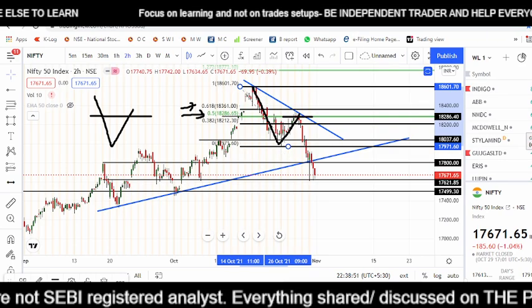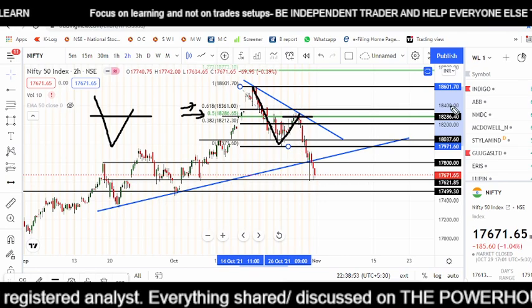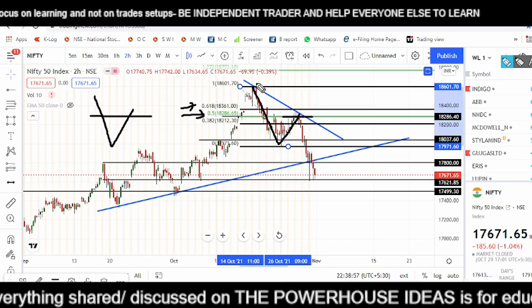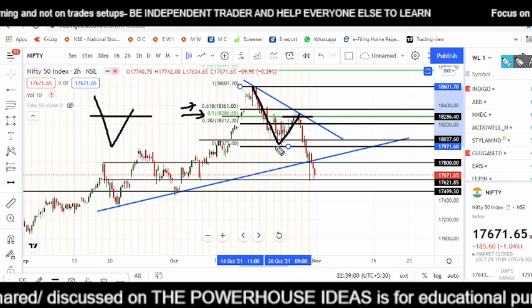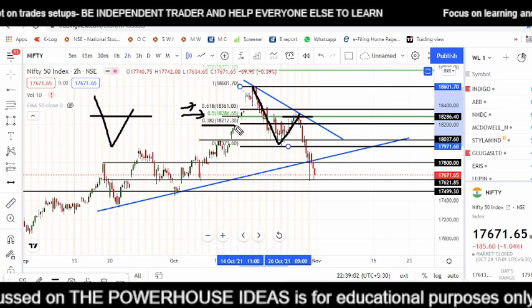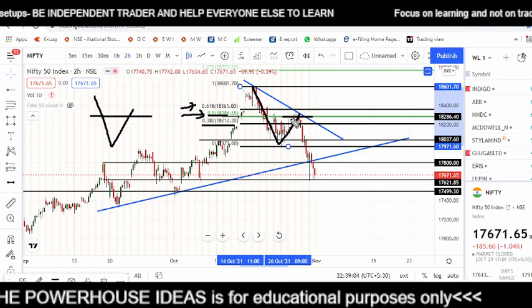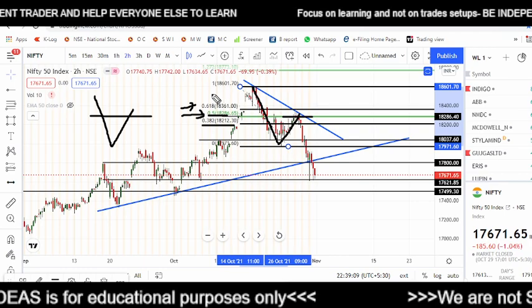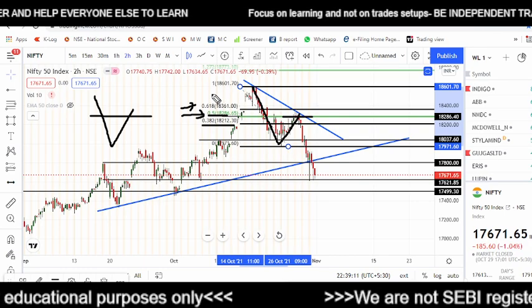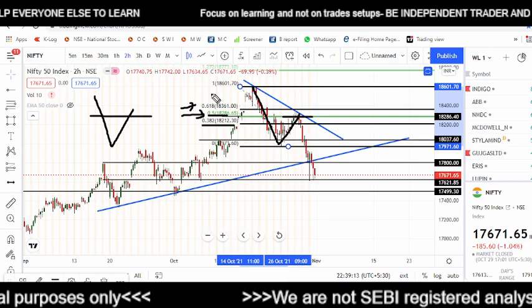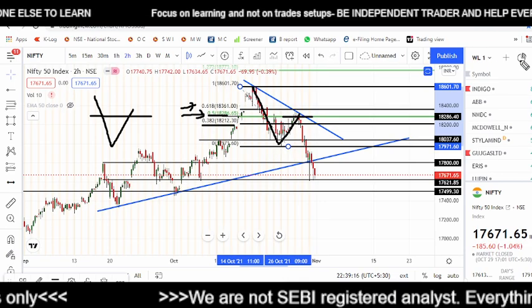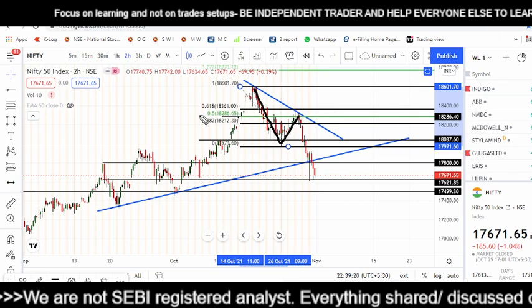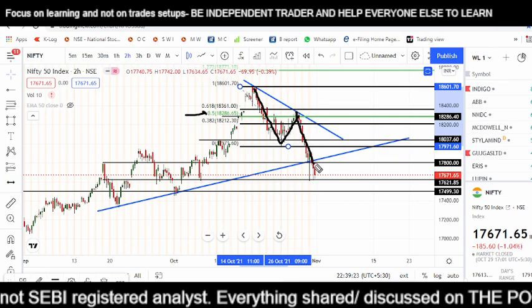So let us analyze it further and see how we can apply this level onto the next move. We have till now understood that when a retracement happens, it retraces generally up to the level of 38.2% or 50%. And till the time 61.8 is not crossed, which is also called the golden ratio of the Fibonacci series, till that time the trade or the price is not said to be reversed. The same was seen over here. The price came down, was not able to break above the 0.5 and again had a fall.